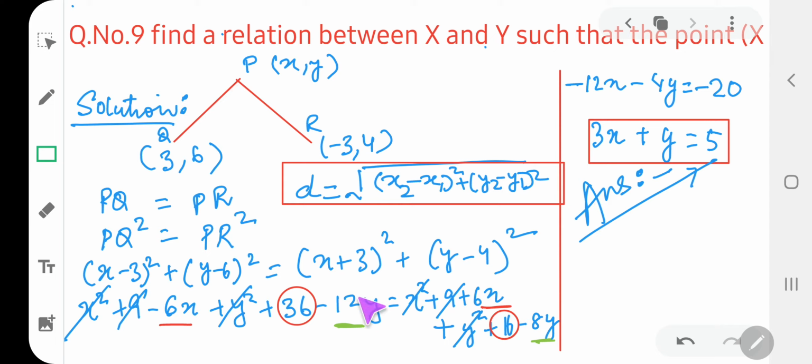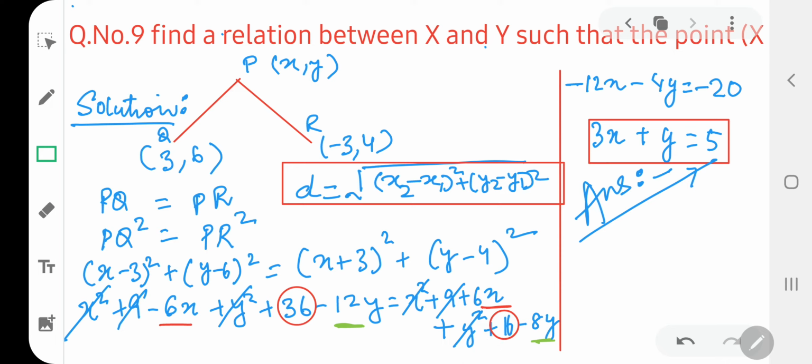Now open the brackets on this side with a square plus b square plus 2ab. Open this bracket using a square plus b square minus 2ab. Now children, note down that here you have three types of terms. First of all, cancel out whatever you are able to cancel. So this x square and this x square cancel each other. This 9 and 9 cancel each other, since when you bring it to this side, it will be of negative sign and will get cancelled. Similarly, this y square and y square will get cancelled.